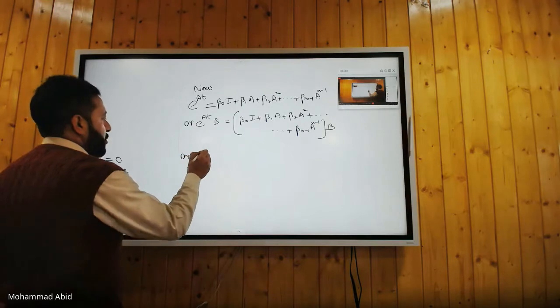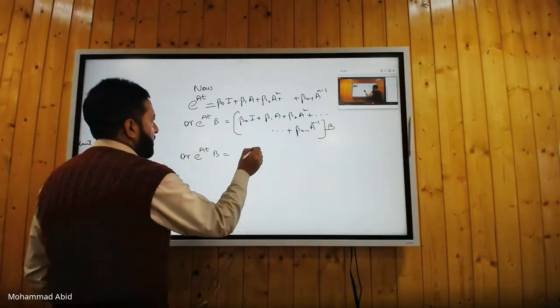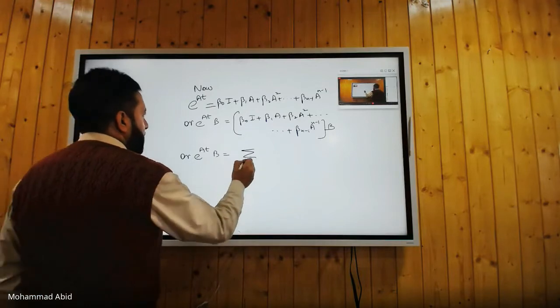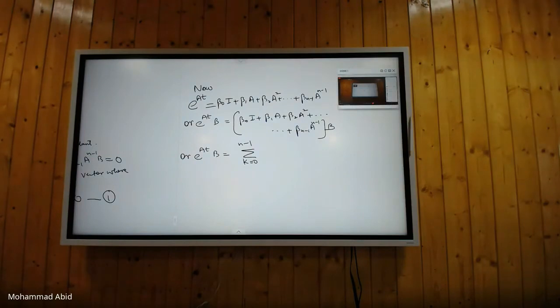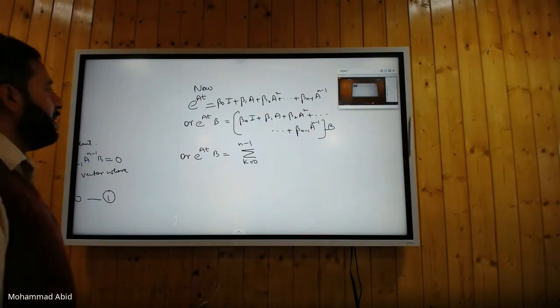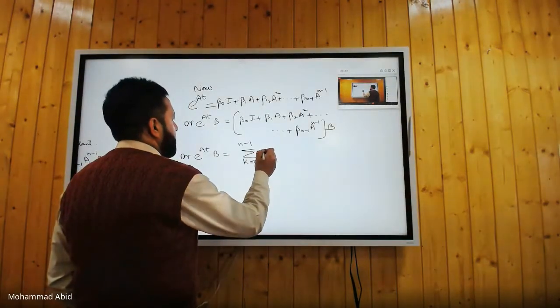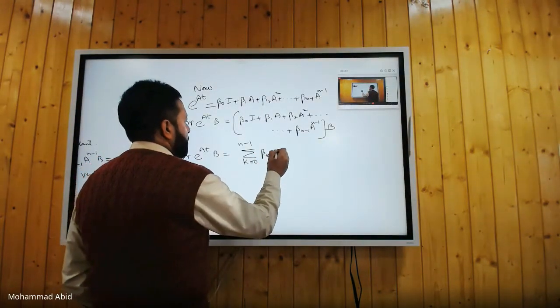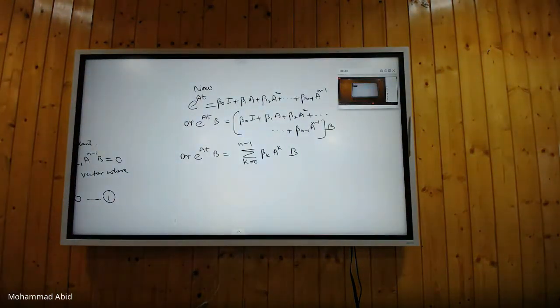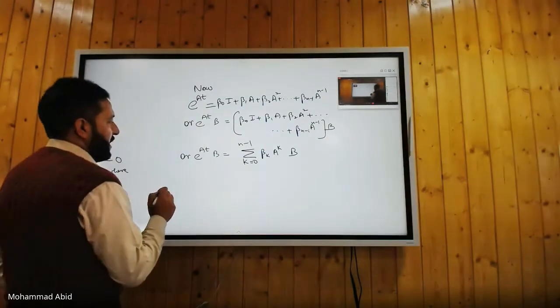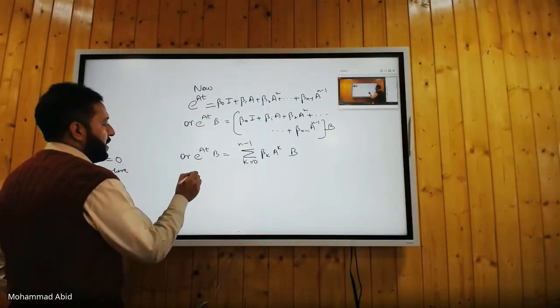Or I can write e to the power At B equal to summation of k is equal to 0 to n minus 1, beta k A to the power k into B, because every term is to be multiplied by B. Is that okay? Yes, sir. Okay. Now, if I do something like this, if I pre-multiply both sides by